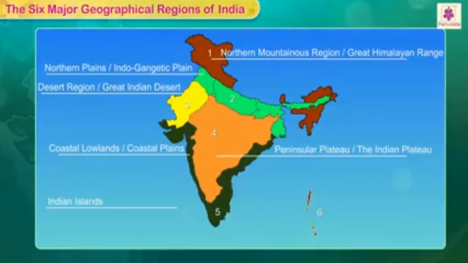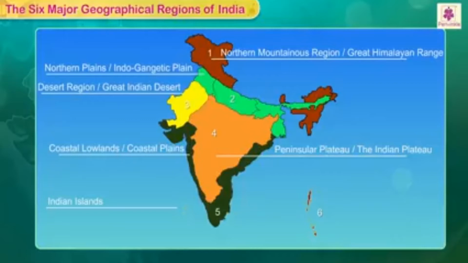So these mountains have many glaciers such as Siachen Glacier, which is the second largest mountain glacier in the world. Now what is glacier? Here glacier means a large body of ice and snow. So how it forms? It forms because snow in an area does not melt in summer.